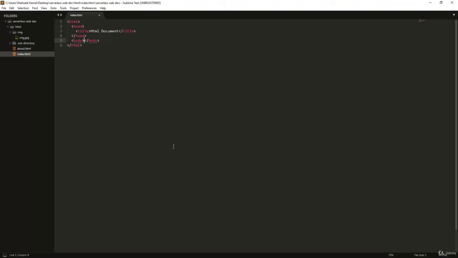Welcome back, everybody. I just noted one thing that we didn't talk about: the head tag yet. We just know that we can put the title tag in the head, but there is something more we can put inside the head tag instead of only putting the title. So actually, every piece of information we want to send along with the browser,